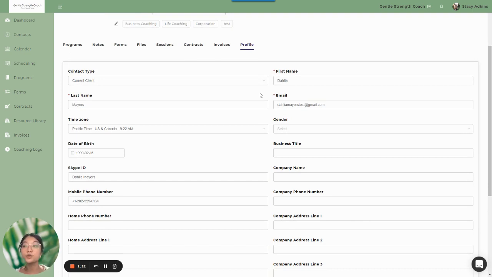So, for example, during contact creation, you may have accidentally keyed in the wrong email. So, when you tried to send an invite for them to create their client portal, it didn't go through. So, you can go ahead on to their profile and change the email to the correct email you have of theirs, and then the client invite would go through